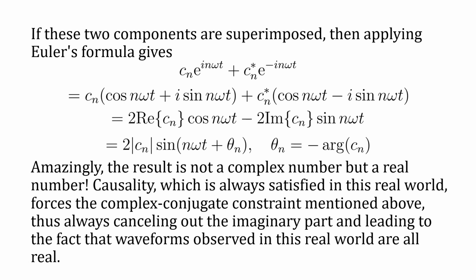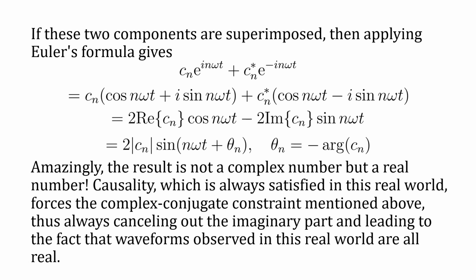If these two components are superimposed, then applying Euler's formula gives Cn multiplied by e to the i n omega t plus the complex conjugate of Cn multiplied by e to the negative i n omega t, which is equal to Cn multiplied by (cosine n omega t plus i sine n omega t) plus the complex conjugate of Cn multiplied by (cosine n omega t minus i sine n omega t), which is equal to twice the real part of Cn multiplied by cosine n